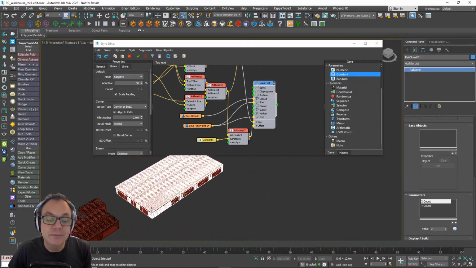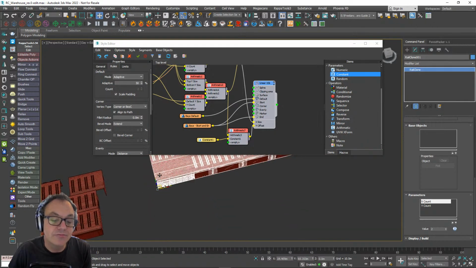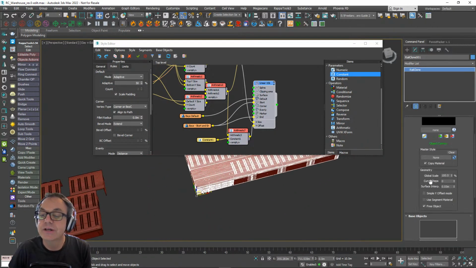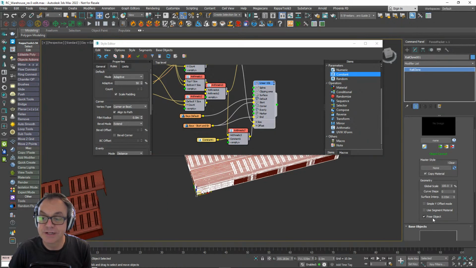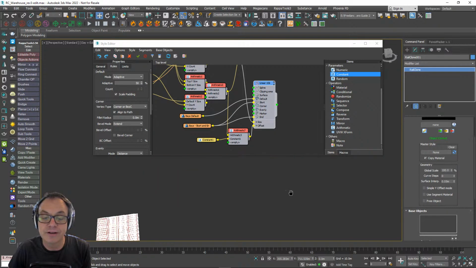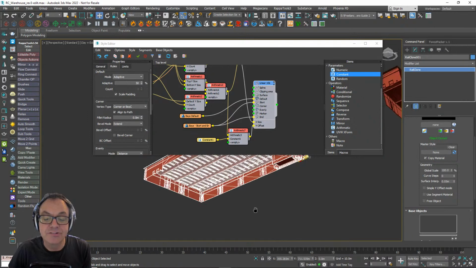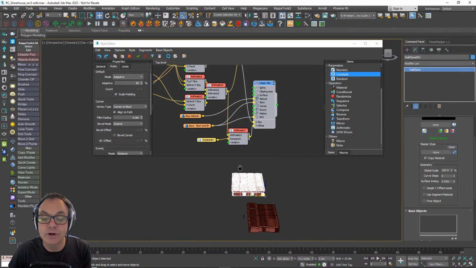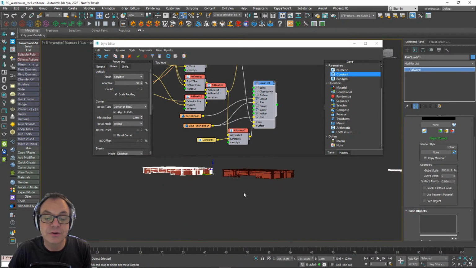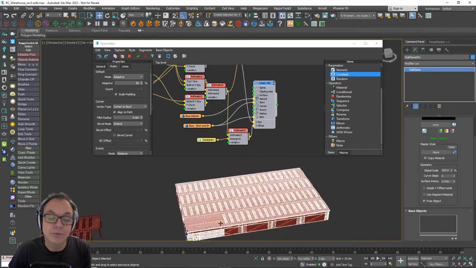One thing I'll just mention here is that in order for this to work like this, running from the pivot position, you do have to have free object turned on in the style rollout. If I turn that off, you might find it falls apart a little bit. In this case, yeah, see I've lost the back there. In fact, it's probably at world origin somewhere like that. So in order for everything to start from this point, this pivot point, and be movable and rotatable, turn on free object, and then that works fine.